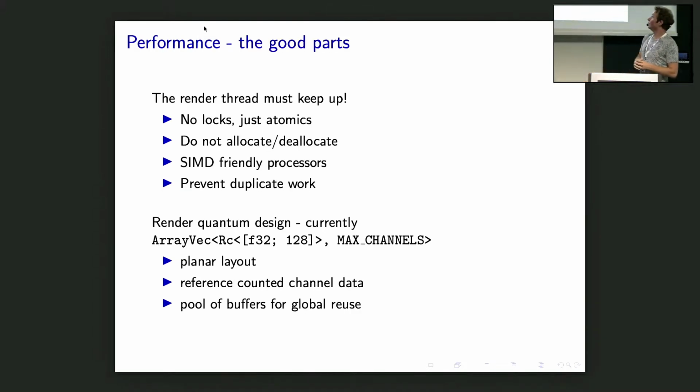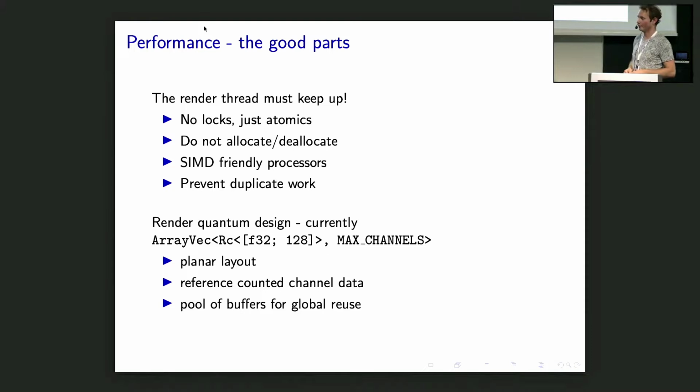So I want to dive into the performance part. The render thread obviously has to keep up because we're emitting audio in real time. So we've taken special care not to use any locks, just atomic operations in the render thread. So there's no danger of priority inversion by the operating system. We generally try to avoid allocations and deallocations as they might take a lock on the global allocator and also